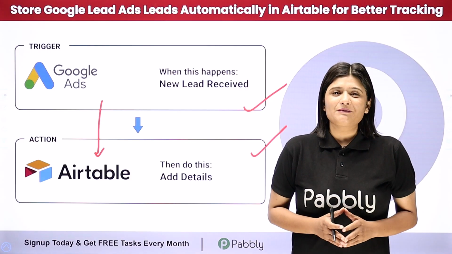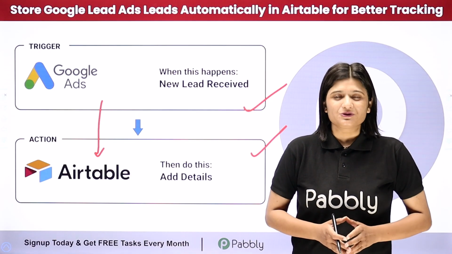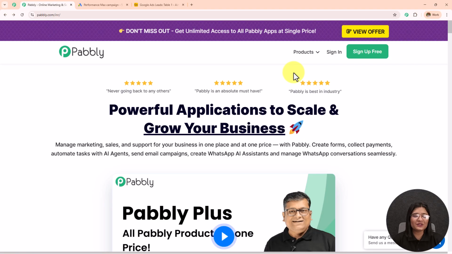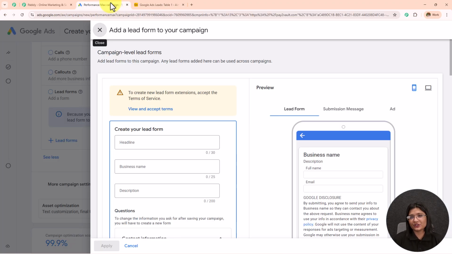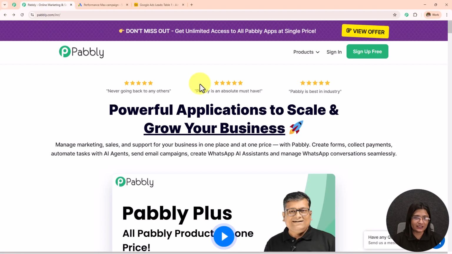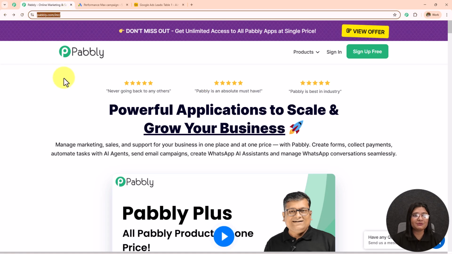Now, if you want to learn the step-by-step process, then let me take you to my screen. In this video, we are going to see how we can add and store the lead which we have captured from Google Ads to Airtable automatically. And for this, we are simply going to create an integration between Google Ads and Airtable with the help of Pabbly Connect. So this is the landing page of Pabbly, and you can visit this simply by typing pabbly.com in